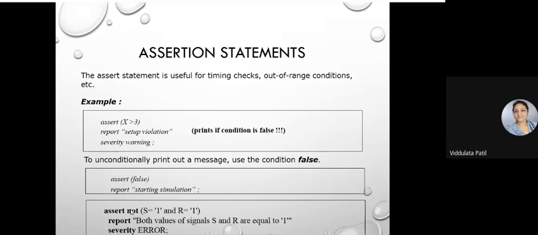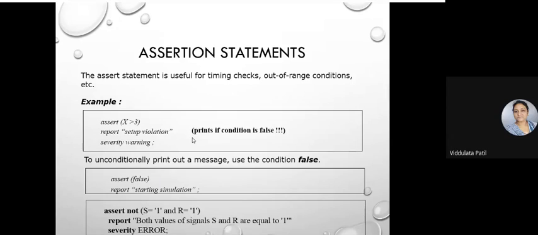If this condition is true, then there will not be any report generated. But if this condition fails, that means if not of (s is equal to 1 and r is equal to 1) is not 1,